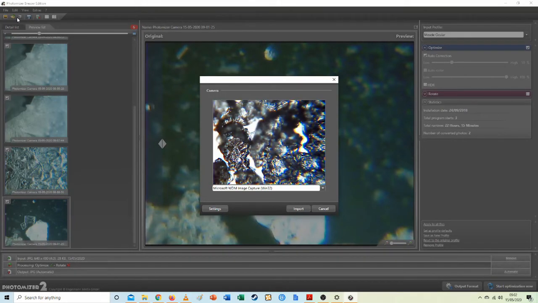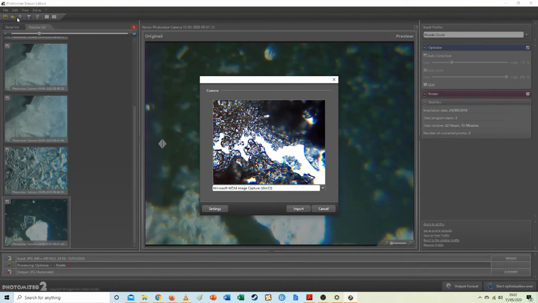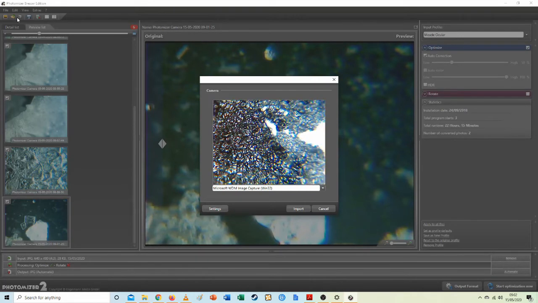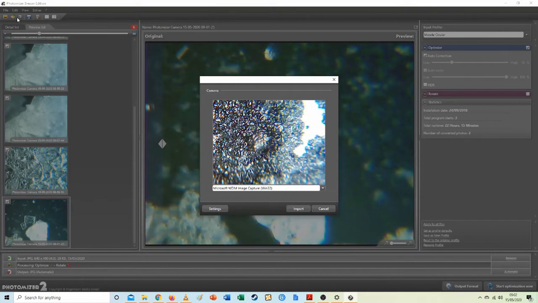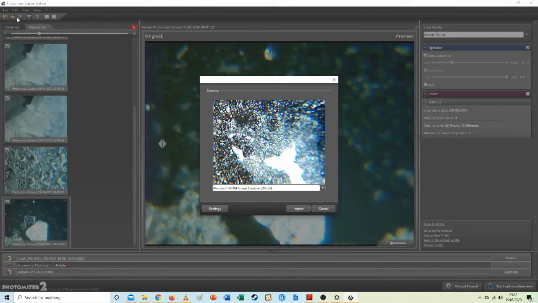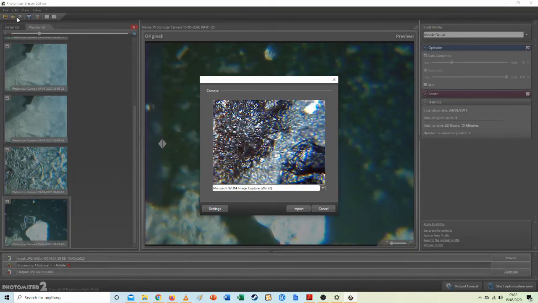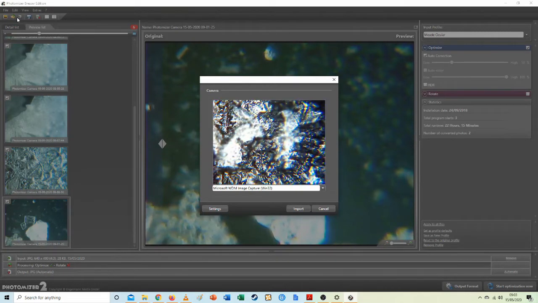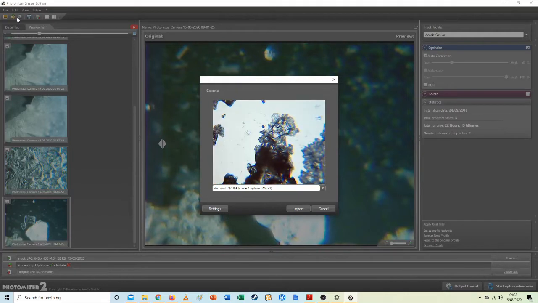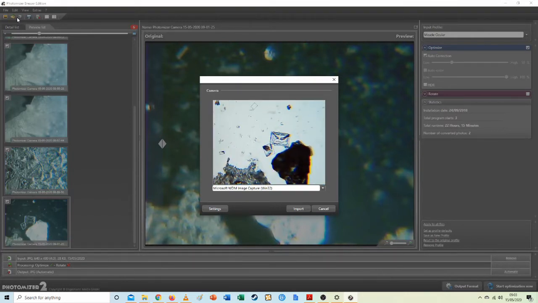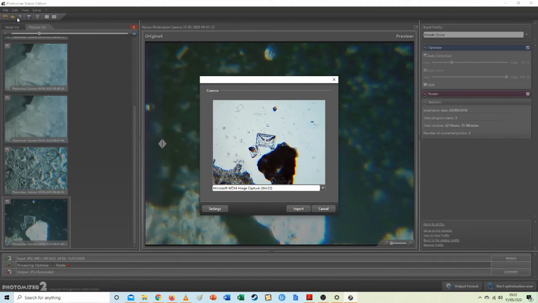So I want to get to the outside edge where it really dried a little slower. Still on the outside crust there. There we go. So those crystals dried quite slowly and they formed nice